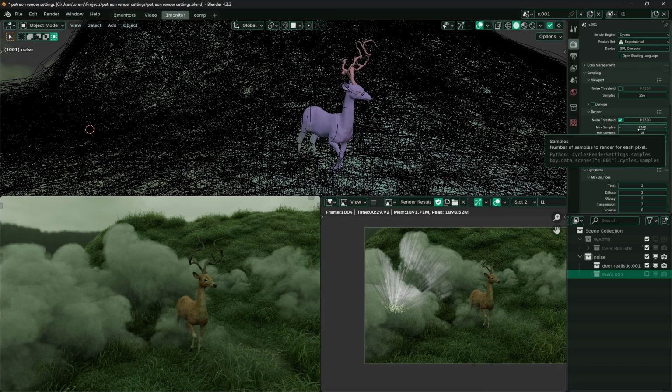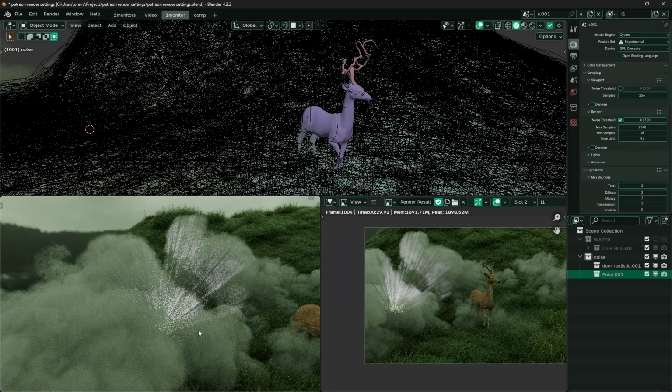The max samples are the budget that Cycles has throughout the entire render time, and once it hits a certain amount of noise in a certain area of the image, it will stop using the extra samples. So you can technically have this number as high as you want, although not too high, because it takes just a few seconds extra to catch up to the final max sample number. But if you keep it at something like 2048, it's going to be perfect for even the most complex situations where light is bouncing in very strange ways. For example,